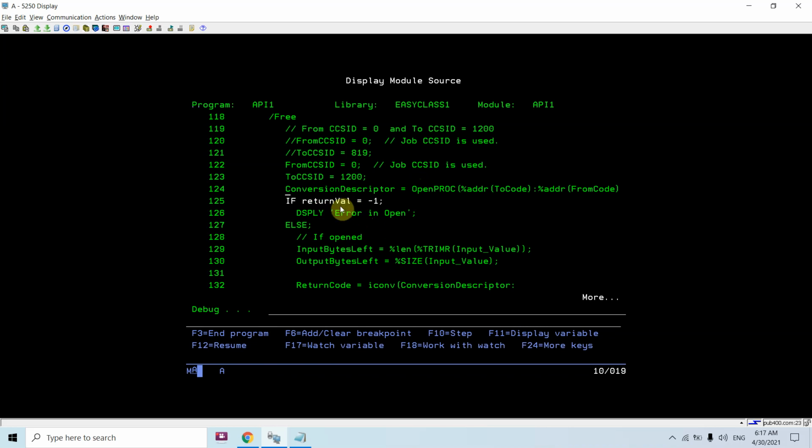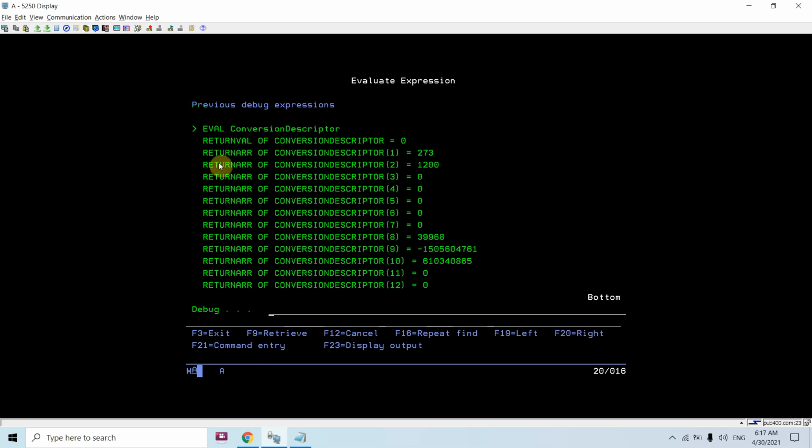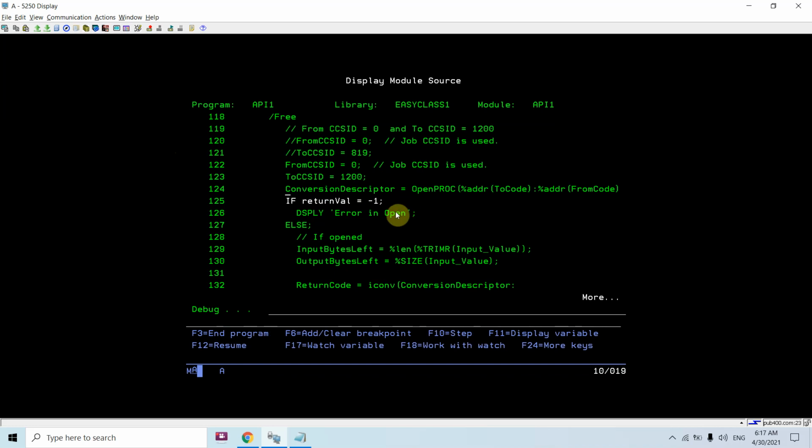Now let's check return val. So return val is 0, as you can see in the descriptor as well. This one is the return val, so it's 0. If it's not -1, then there is no error. Open is successful, no error in open. Now it's open. We need to pass the input value length by trimming it.